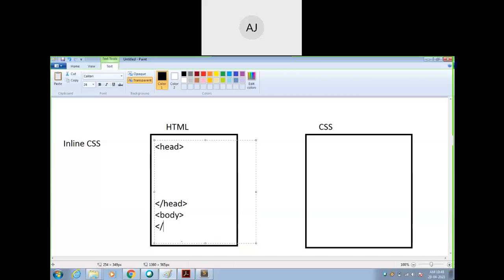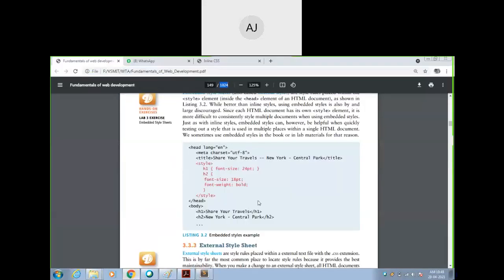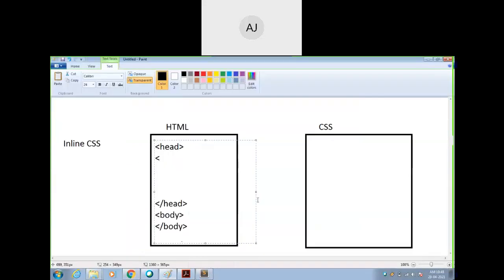Whatever the code I have to write within this section only, by making use of the style tag. Style open, then style close. So in between this, whatever I want, I can write.